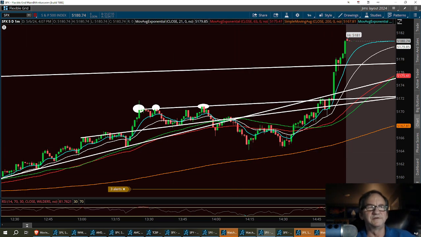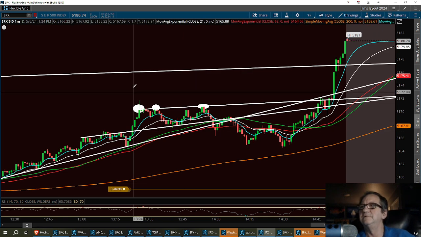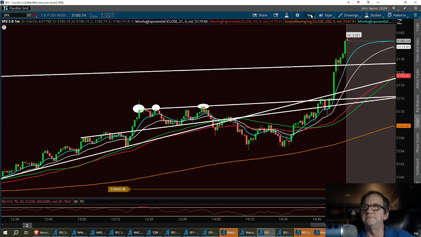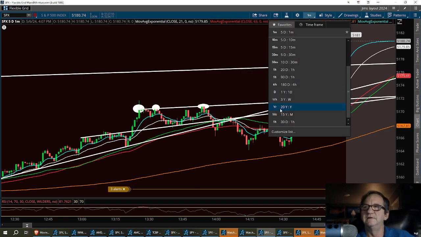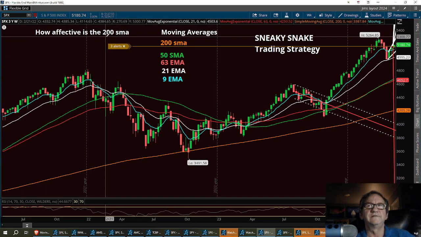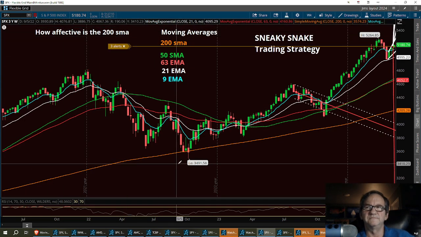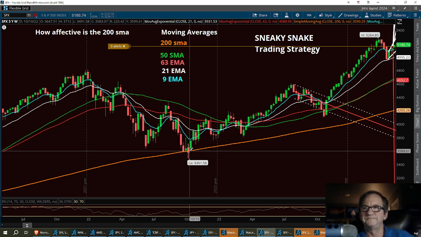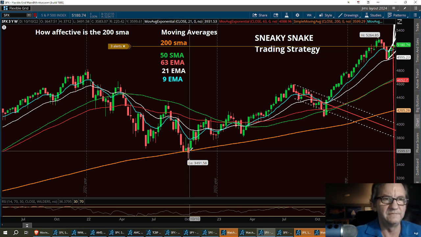So I'm sorry this took a little bit longer than expected. I just wanted to kind of help you out when it comes to trading these moving averages. And again, we're going to do a little summary of everything. How effective is the 200 SMA? I'd say it's pretty effective in no matter what time frame you're in. I use it in the 1 minute. Nobody uses it in 1 minute, but I can find trades more than anybody else can on that 1 minute using that 200 SMA. For scalping,